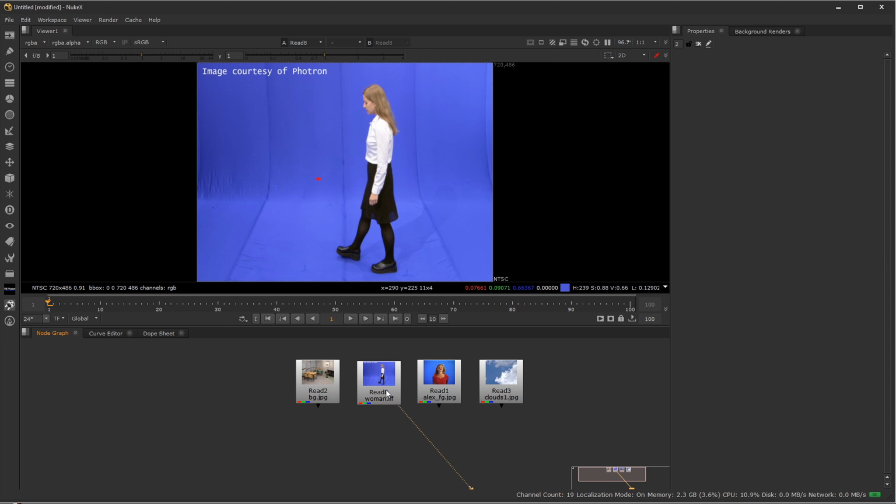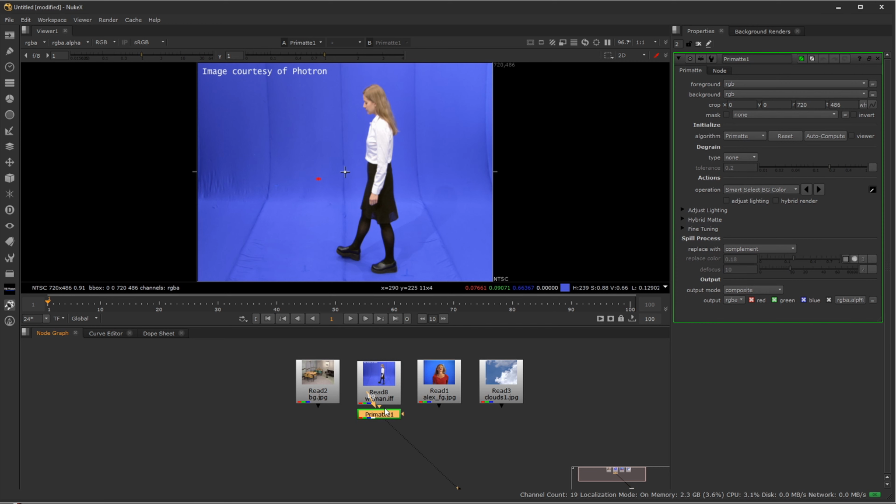All right, so for the woman, let's go ahead and add the Primatte node. So I'll select her and then press tab and start to type the word Primatte and press enter. And let's do an initial selection on screen. So Smart Select Background Colors, automatically select them and hold down control and left click somewhere kind of in the